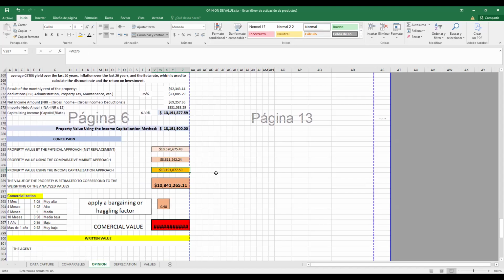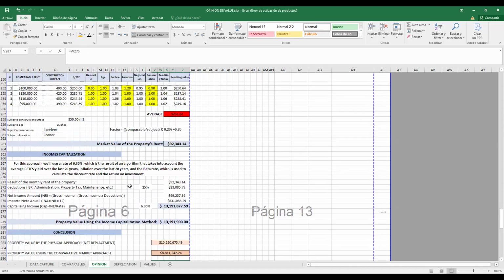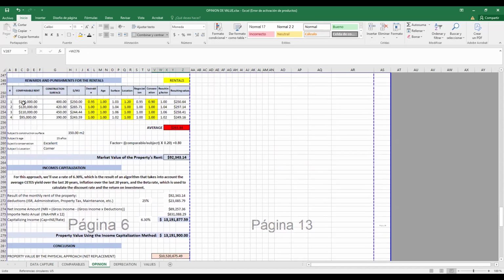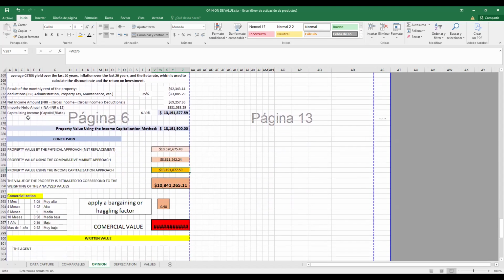Everybody? Imagine that you have a property that is commercial. Imagine that the property is right down in the plaza, in the central plaza in Ajijic, and the rent is this 100,000. This is the prices for the investigation. And you're gonna come with this price of the property, the capitalization approach.